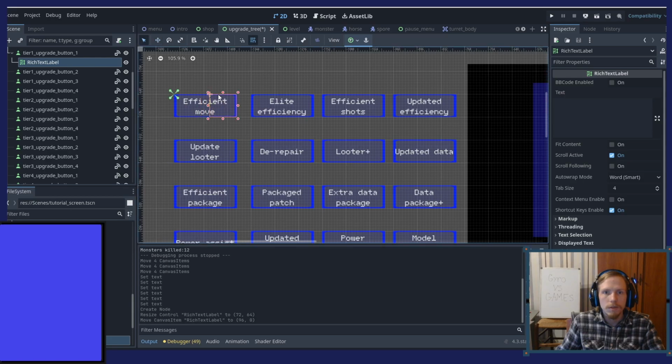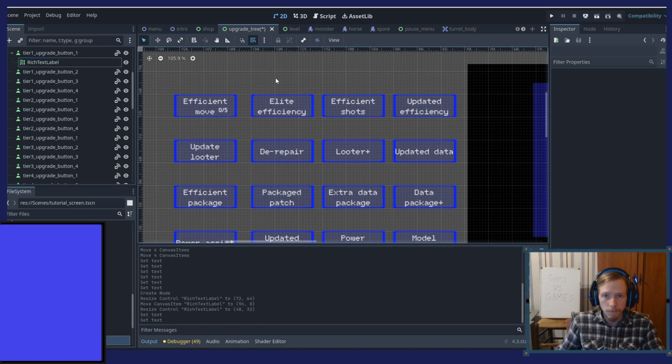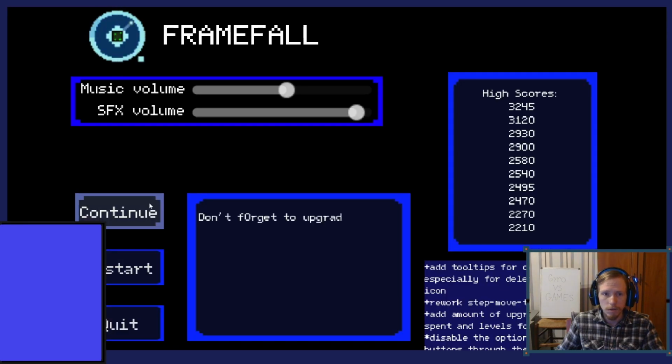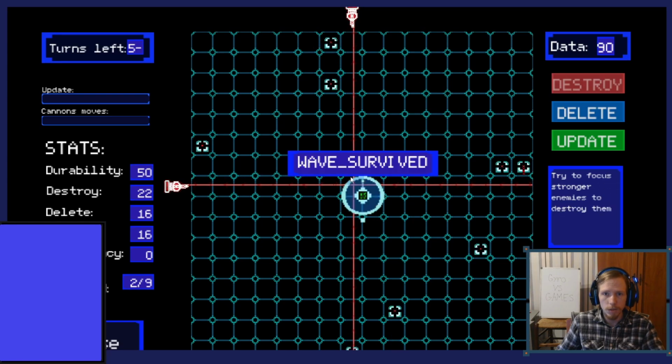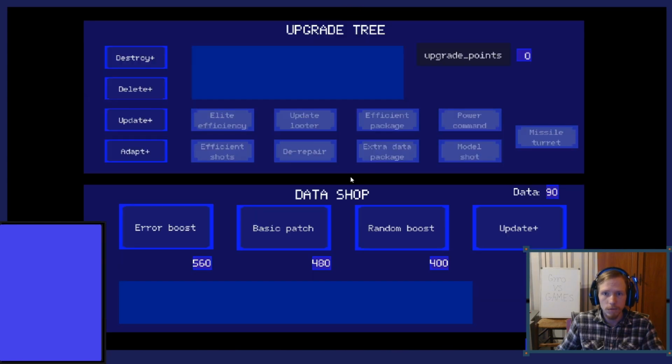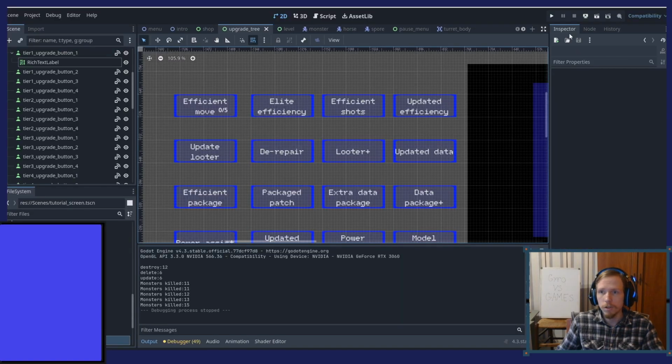Okay, something like this. Yeah, I don't really care how it looks now. I wonder if it'll move child too. It's efficient move.